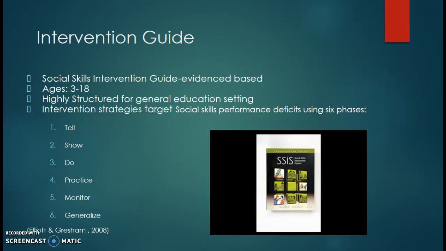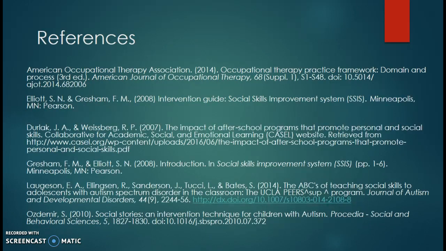And then of course the generalization phase, making sure to demonstrate the skill with a parent or older sibling. This is where I think we lack here in Greenville County Schools. We have an IEP meeting and we get like 2 seconds of the parent's input. There's another study that was done showing that there's a huge correlation, and this is not brain surgery, between parent involvement and a child's success in their career. So these are my references.